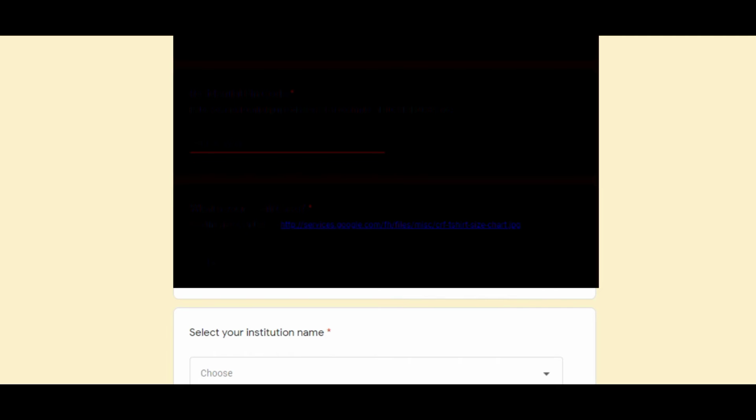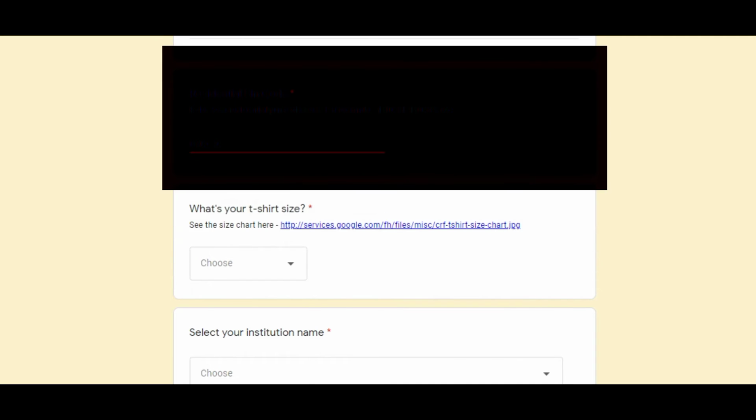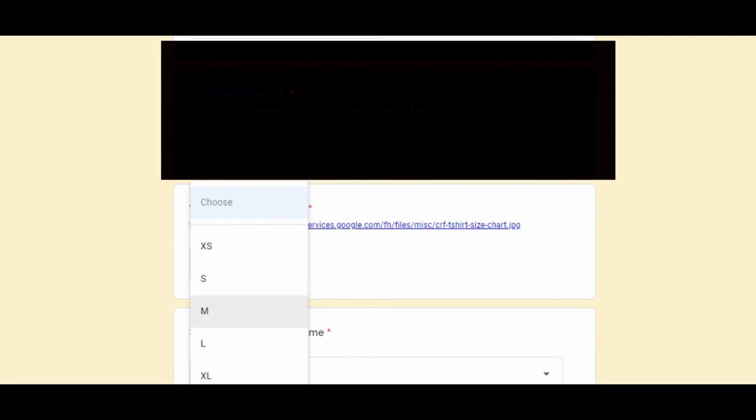Enter your full details. Select your t-shirt size.